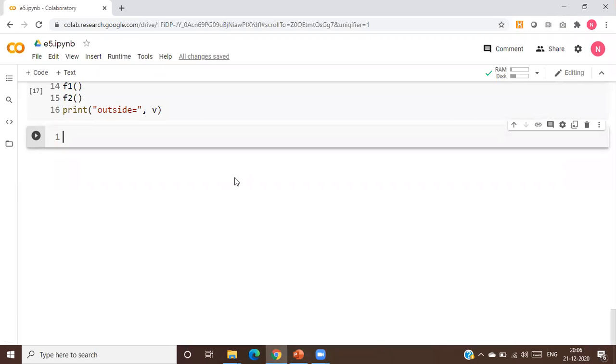Last class we have seen parameters passing to the functions and then calling the function with multiple parameters. Today I'm going to introduce some more variants of the function. Let me define a function